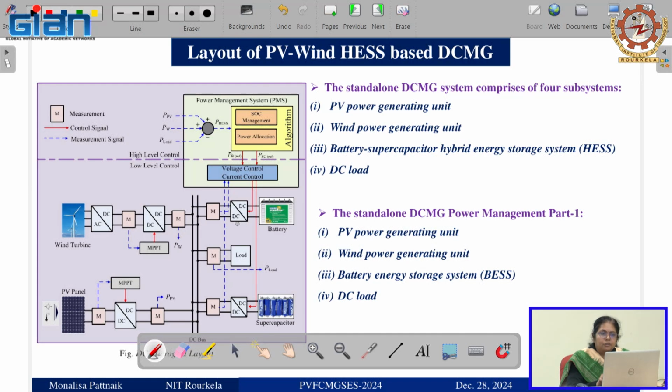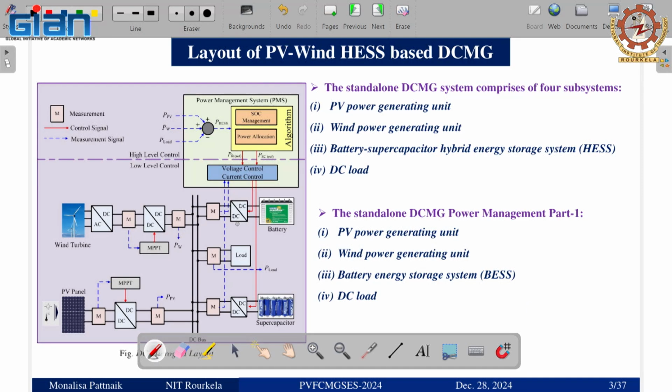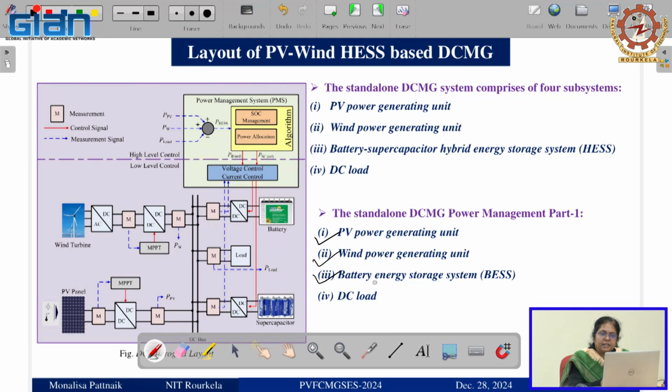After choosing the bus voltage, we have to choose the sources and the corresponding power electronic converters. So we'll start our design. We have 3 units here: PV, wind, and first, as I said, I have considered a single storage, so that you can understand by adding its complementary part, that is the supercapacitor.